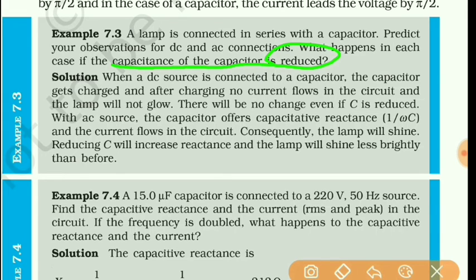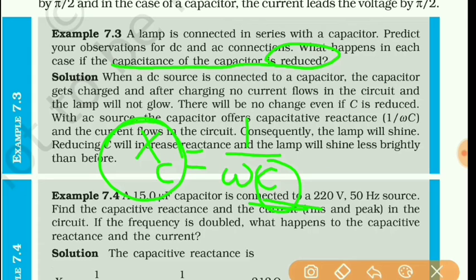But for AC, as we know, capacitive reactance Xc is equal to 1 upon omega C. So if the value of capacitance C reduces, then Xc will increase. You can see they are inversely proportional to each other, Xc is inversely proportional to C. So C decreases and Xc increases,